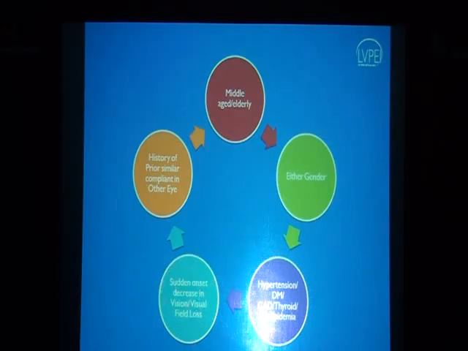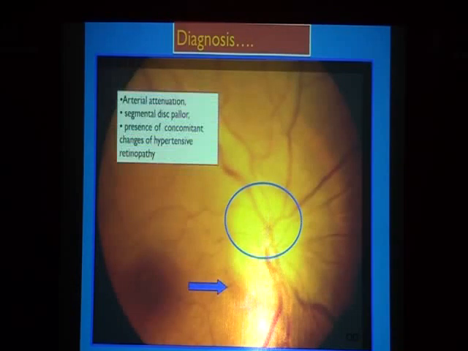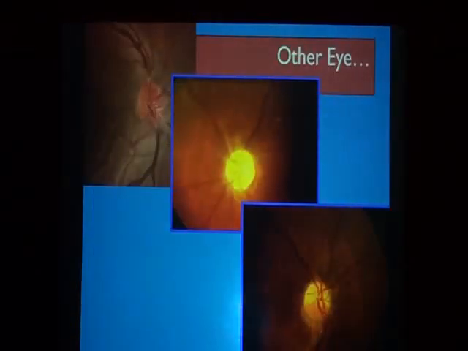And usually there is a sudden onset decrease in vision, and sometimes observant patients may say there is a sudden onset visual loss, and there may sometimes be a history of a prior similar complaint in the other eye. So the diagnosis is aided by the presence of specific signs: arterial attenuation, segmental disc pallor, concomitant changes of hypertensive or diabetic retinopathy, and the other eye examination may also help us. For example, there may be a small disc, like in this patient, there is a very small disc,